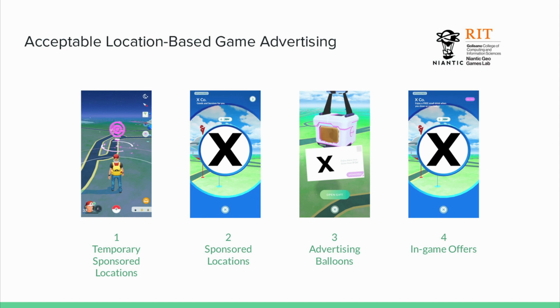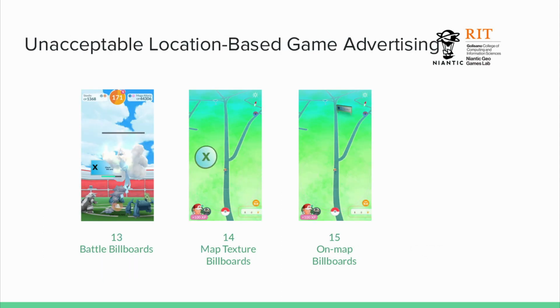And now keep in mind, this is in direct agreement with the original hypotheses that we had when we were working on this particular study. Now, regarding the least acceptable designs, notably, they all have a trend in that each of these designs presents the user with advertising that they can't choose to direct. This adds it to a raid battle, which is a gameplay mechanic. These two put something like the advertising onto the overworld, and they can't hide it or dispel it.